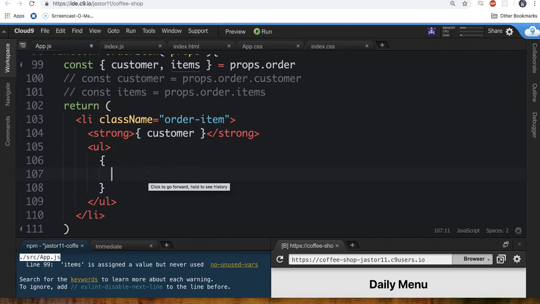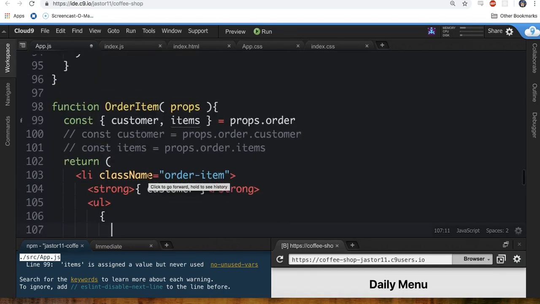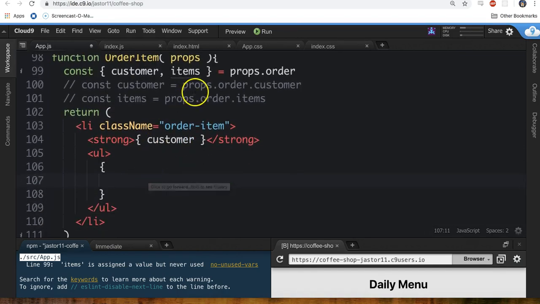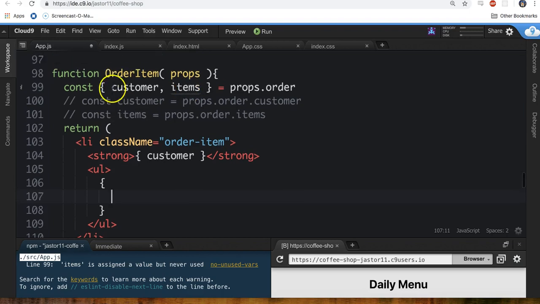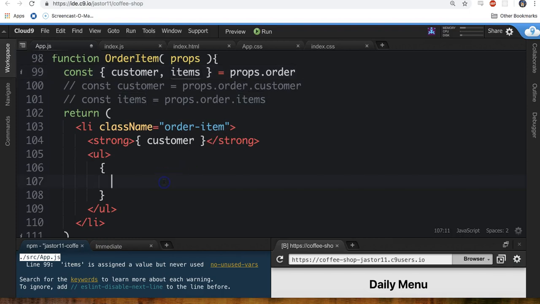So you're getting the hang of this now, clearly, right? Now, some of you might have started trying to do this.items, but notice that we're using a functional component here, a pure functional component, and so we don't use this at all. We don't need to use this or anything like that. We can just say items because we destructured it out of the props.order object. So we can just say